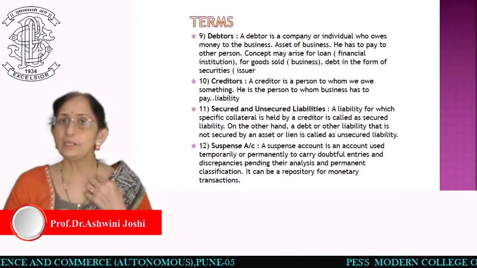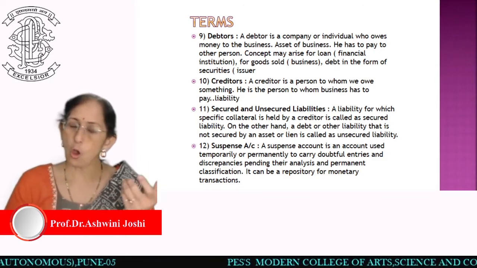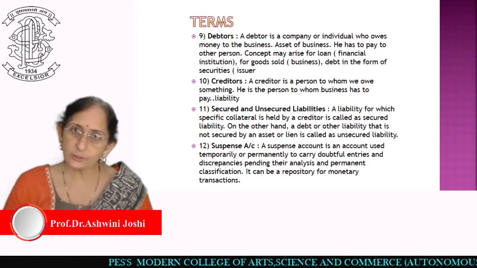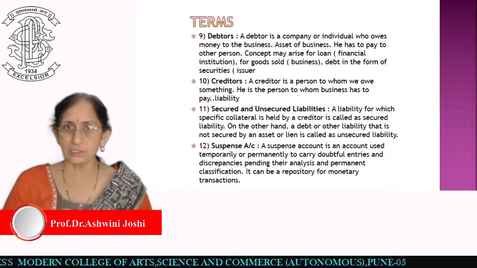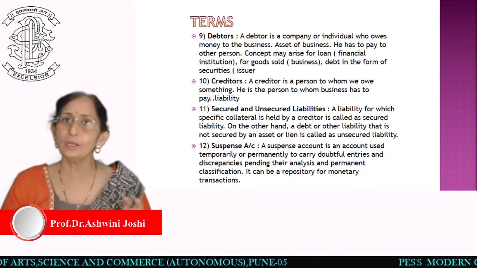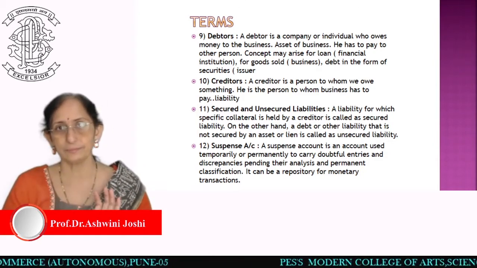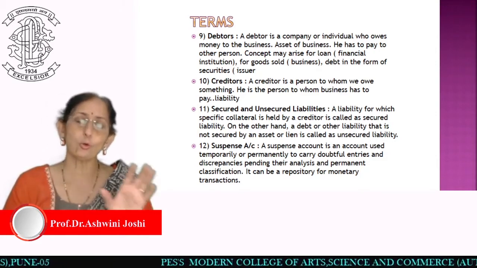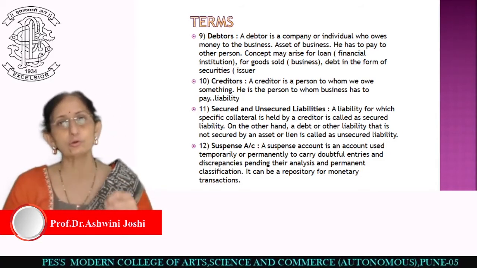Now there can be 1,000 customers to whom you have sold goods on credit. So all are your debtors. From all the persons amount is receivable. So are you going to write the name of each and every customer on the asset side? Is possible, but that is not the correct way of presentation. So what we do? We total up the whole amount and we give them the name sundry debtors. So what is sundry debtors? This amount indicates the total amount what is receivable from all the customers to whom we have sold goods on credit.